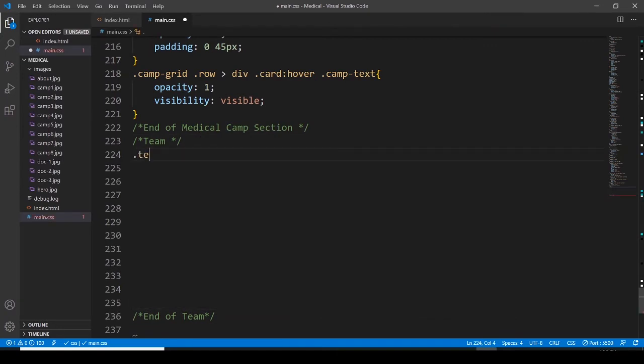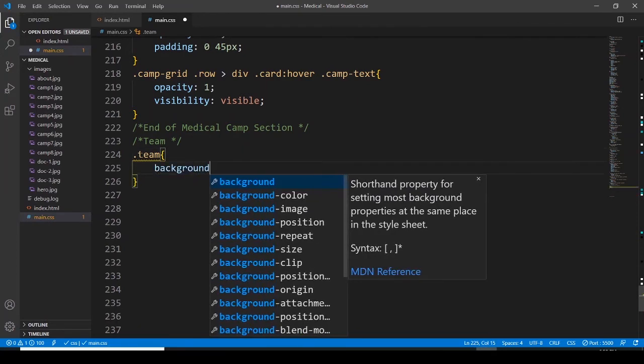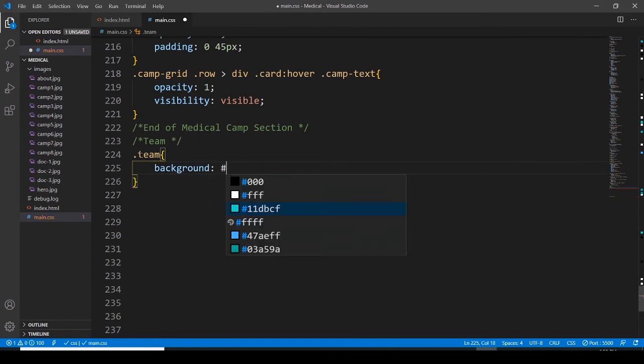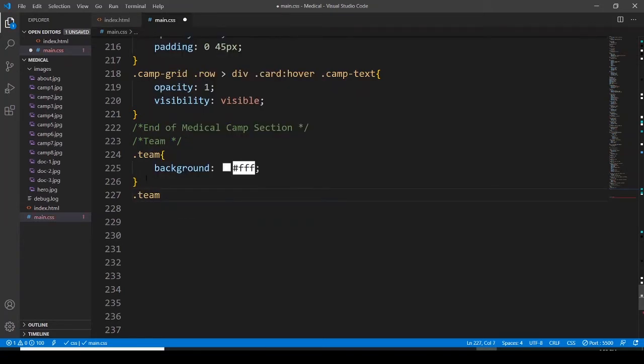Let's have a team class here and go with the background. Background is going to be white. Then the next thing is going to be the team member,